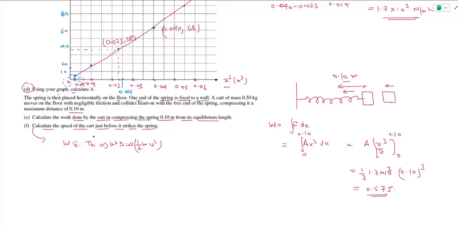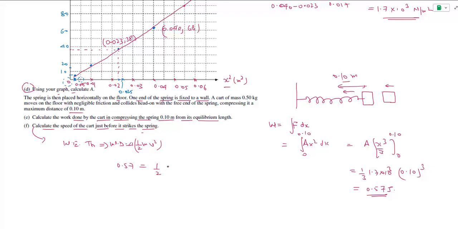Work done by the spring force will be the negative value, because the spring is compressing in this direction and the spring force is acting in this direction. Or simply you can write directly the work done that we have got, that is 0.57, and the initial kinetic energy is equal to